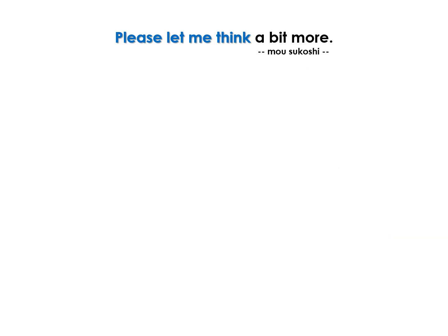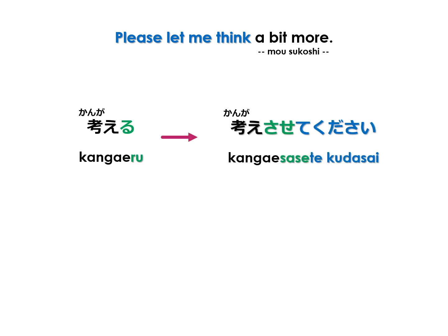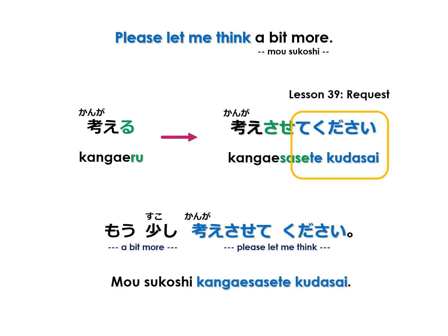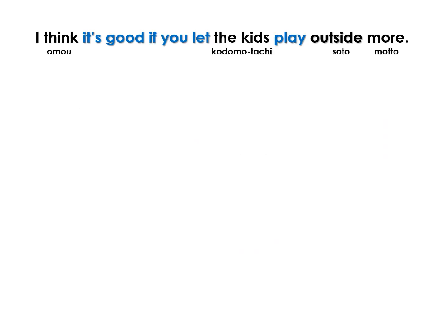Please let me think a bit more. Please let me think is a combination of causative and request. To think is 考える. Converting to causative and request, we get 考えさせてください. てください means please do for me, so we don't need to translate me because it's already built into the verb conjugation. You can review making requests in lesson 39, and the whole sentence is もう少し考えさせてください。